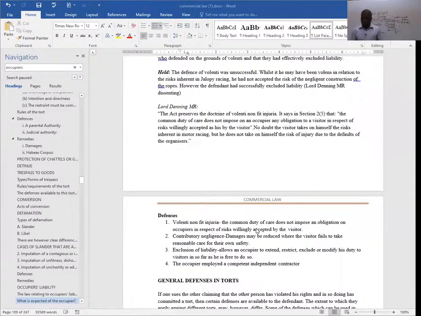So that is what you need to understand about this tort we are calling occupier's liability. What should come to your mind first is occupier, someone occupying a property. What are his or her responsibilities with regard to those who are coming to visit the premises? So that's what we mean by occupier's liability. So you can look at defamation.